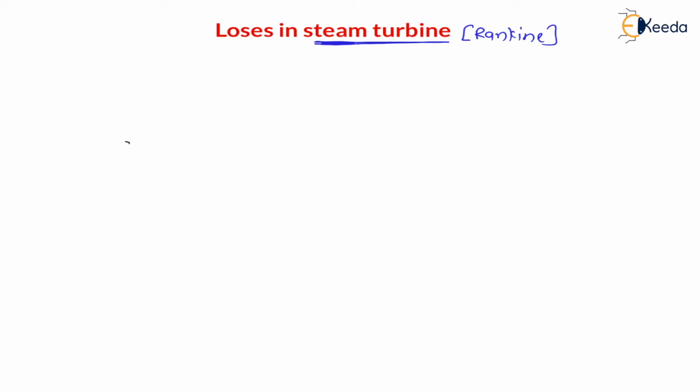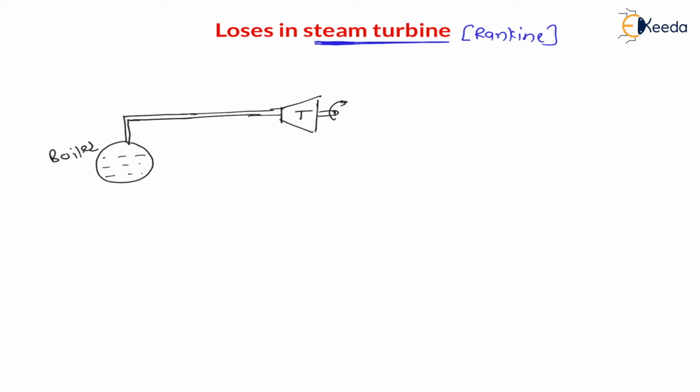Now here there is a boiler. This boiler converts water into vapor, right? The purpose of this boiler is to raise the steam by supplying heat. Therefore here they will generate steam. Now there is a pipeline from boiler to the turbine, where steam is flowing through this pipeline. Here there will be a turbine where work is produced.